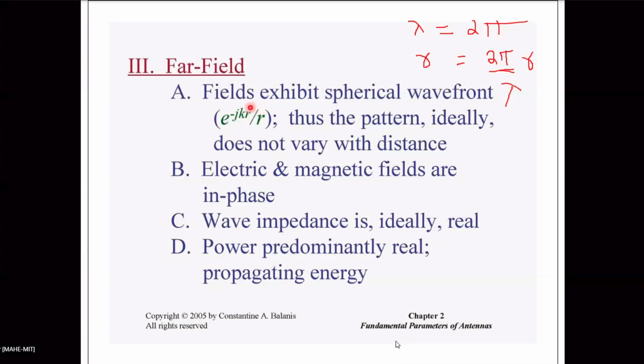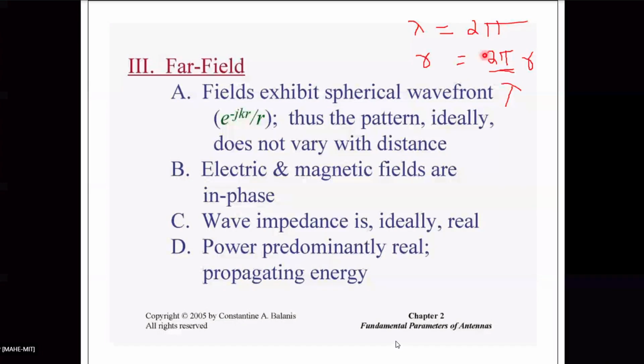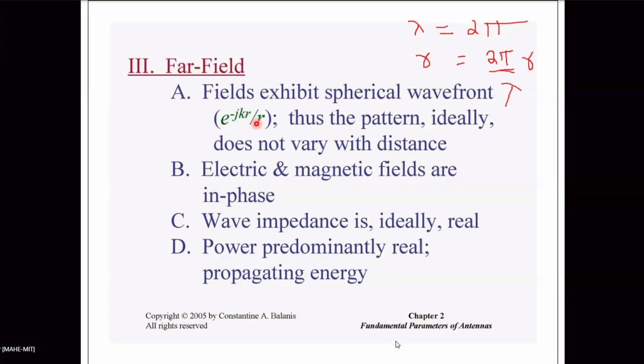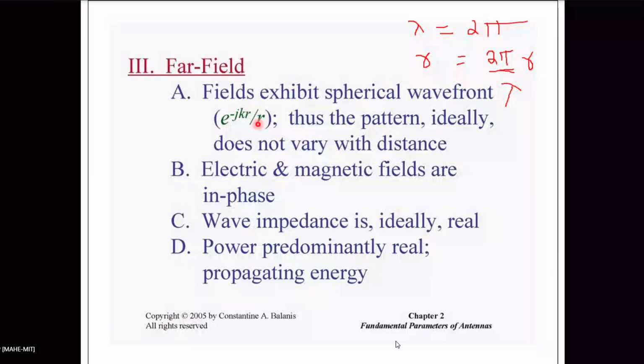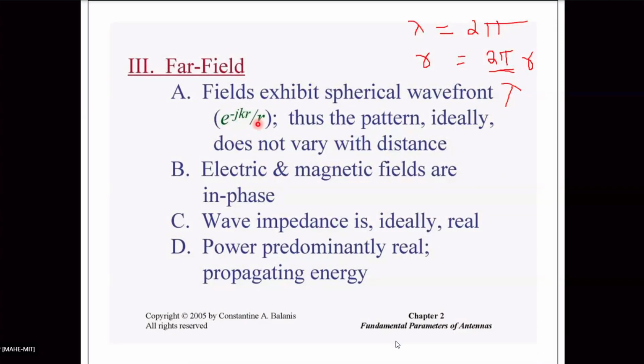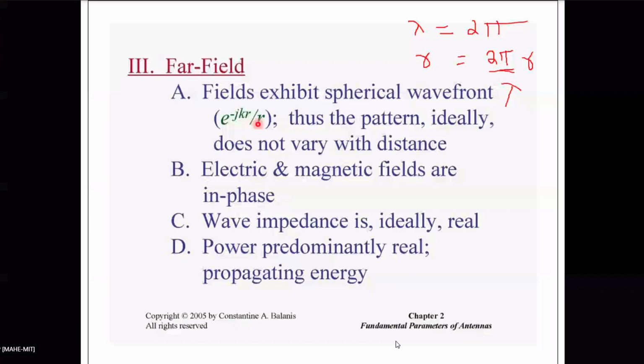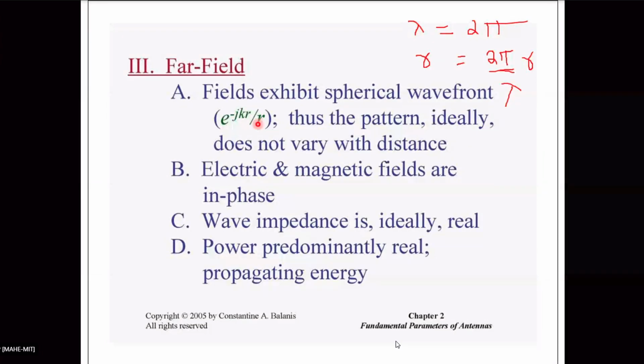See this k, kr, k is what? 2 pi by lambda. So the phase contribution, what is e to the power of minus jkr? That is the phase contribution due to the delay. Phase of the electric field contribution due to delay. There is another contribution to phase, that is j omega t, 2 pi by T into t. Do you understand that?